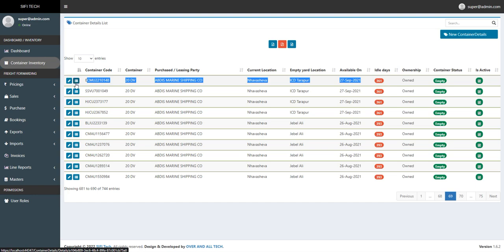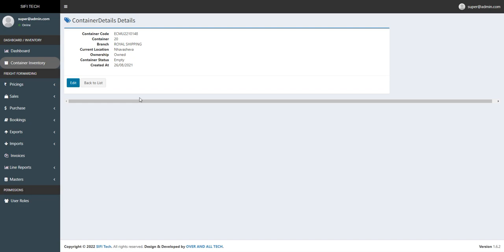For detailed information, you have to click this button here. So this will give you a view about the container. We go back to the